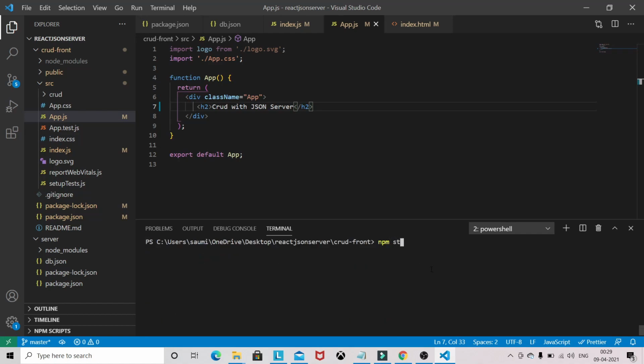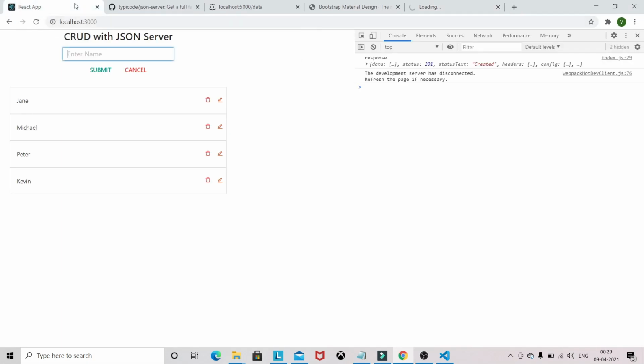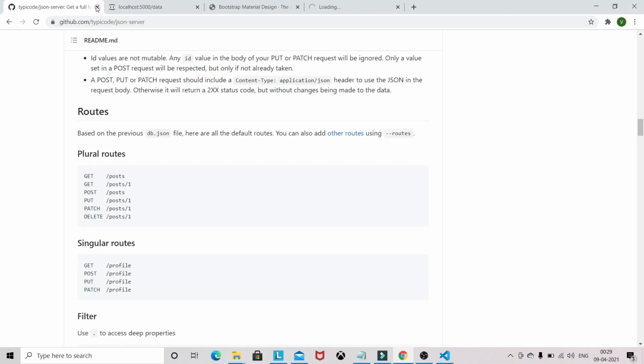I will do npm start. I will close this one; we don't need the reference.